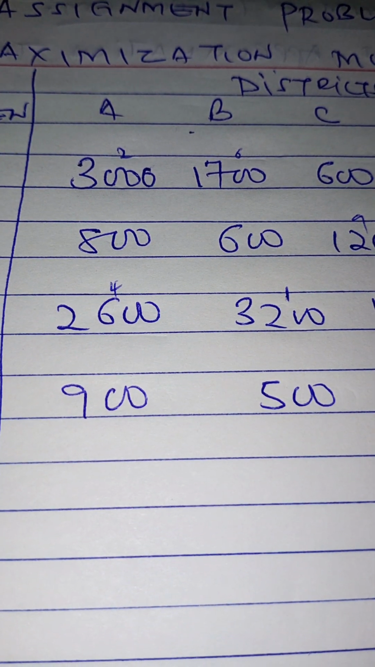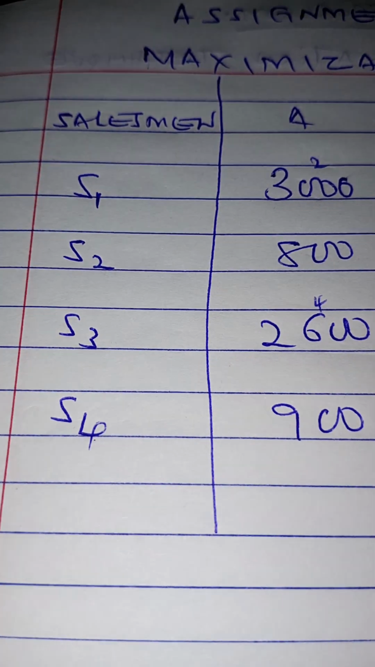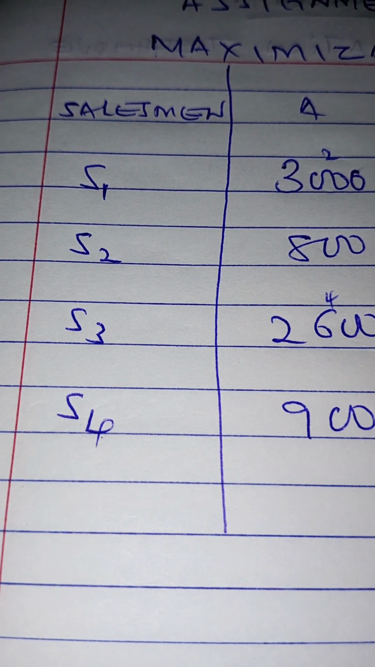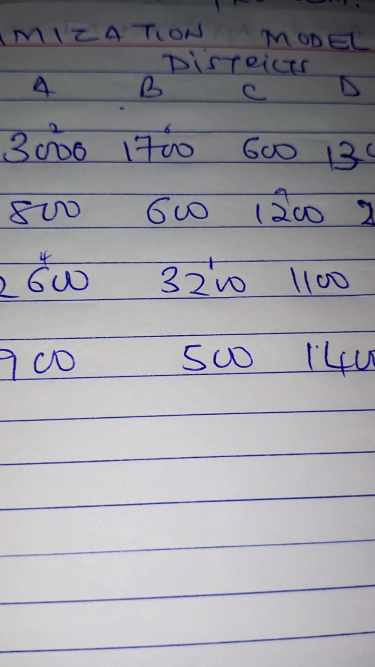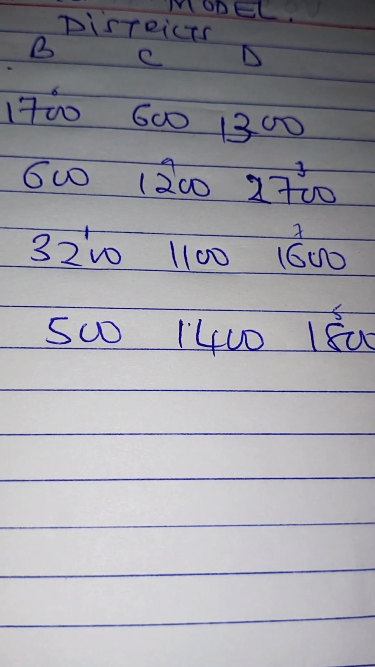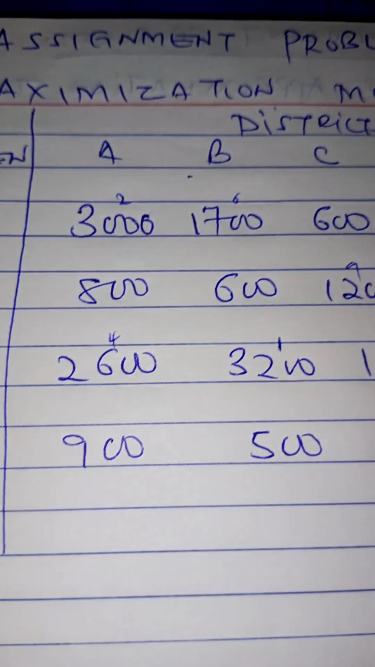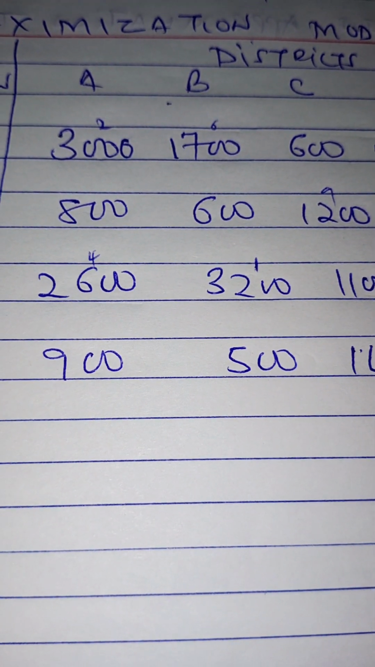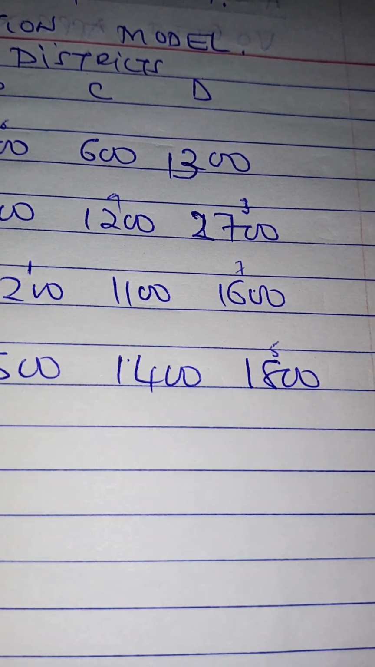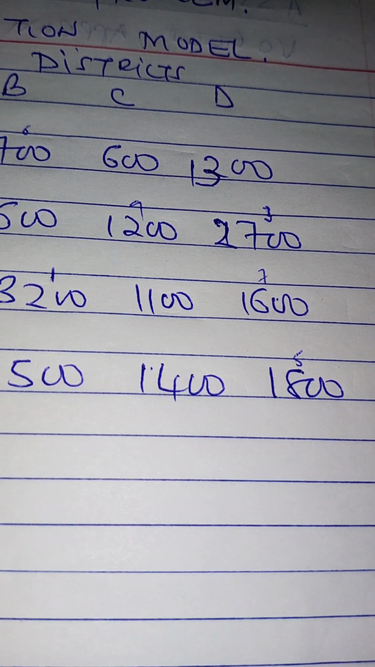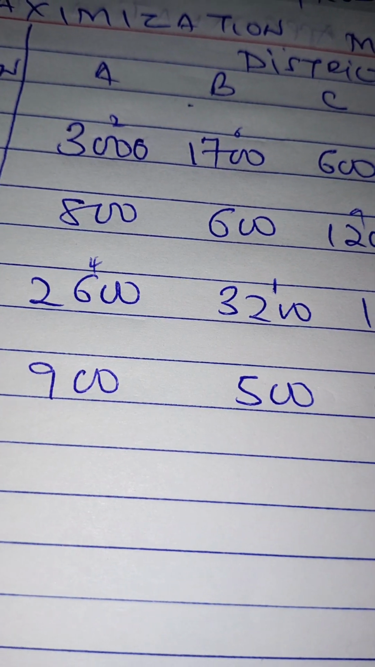Based on what they earn or achieve in these several districts, each person has his own amount of revenue that they raise if they were to be posted in any of the 4 districts A, B, C, and D. The solution to this question starts by looking at the table of revenues collected by the 4 salesmen. Looking at the 4 districts that we are having in this question, we find that the highest